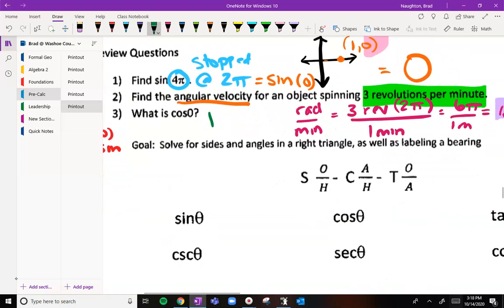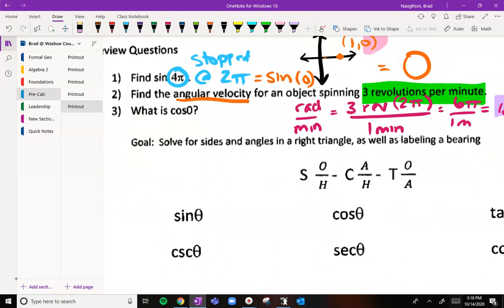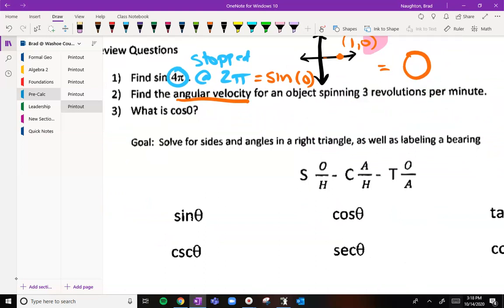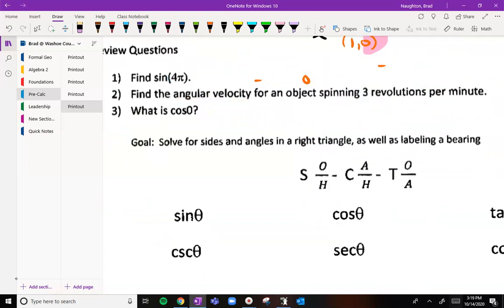So let's take a look at our actual notes for the day. I'm going to reduce this to reduce the clutter. Hit the rewind button if you need it. Alrighty, it says our goal today is to solve for the sides and angles of our right triangle as well as label bearings. Now, what you're going to notice is that this bearing stuff is not in your textbook. We added it because it is super critical for stuff we do later. But also, this stuff should be stuff, hopefully, you remember from formal geometry. We all remember this: